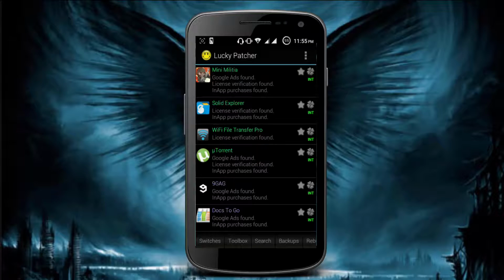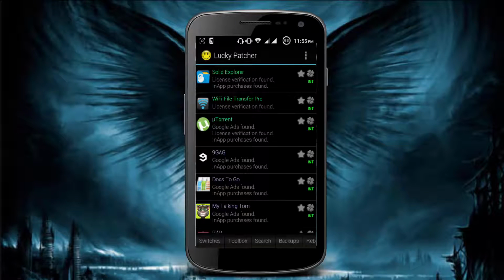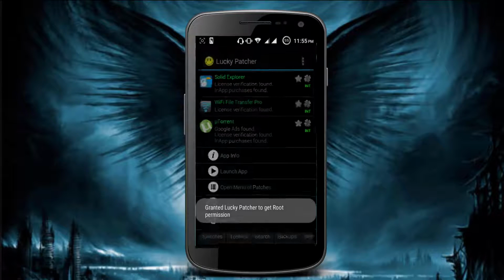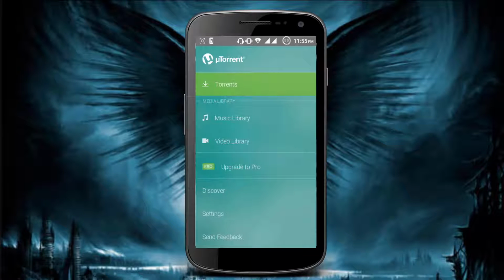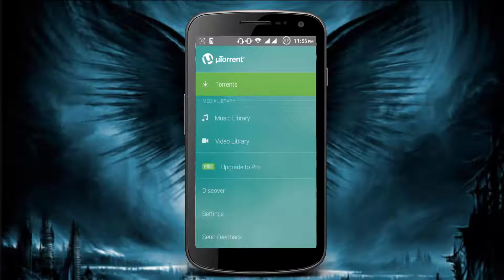uTorrent. See, it also has Google Ads found, license verification found, in-app purchase found. So we're going to hack this first. Just click on it and press launch app to launch the app. Once it got loaded, see here we have upgrade to Pro. It's just a single click away. Click on this